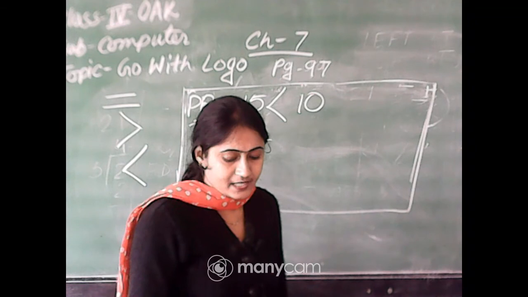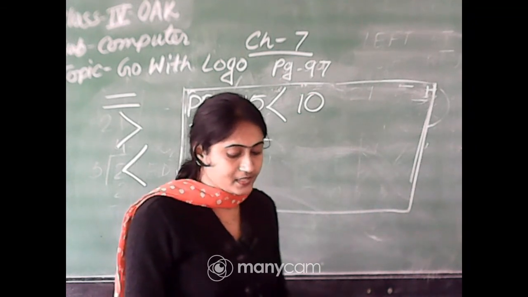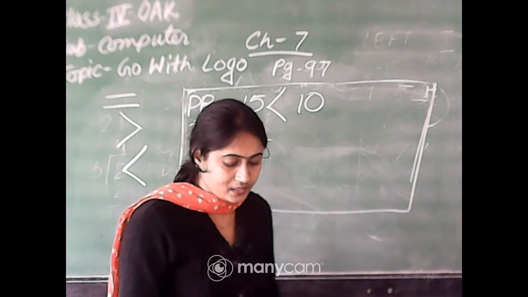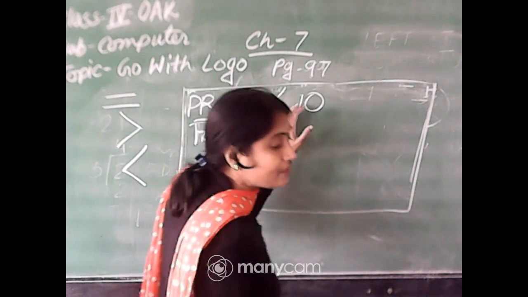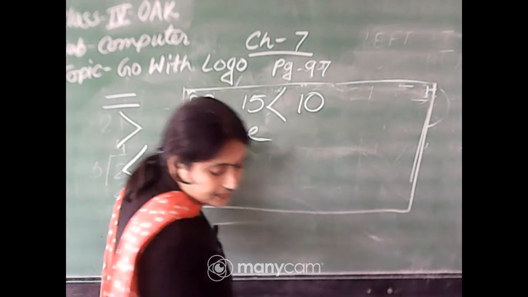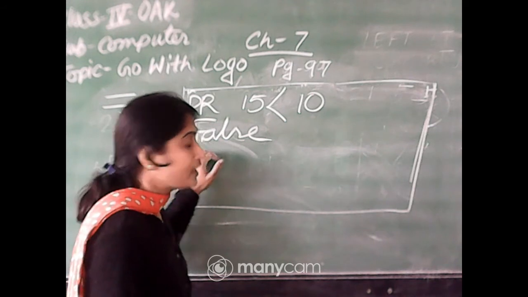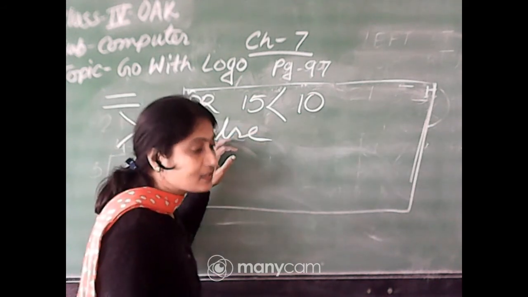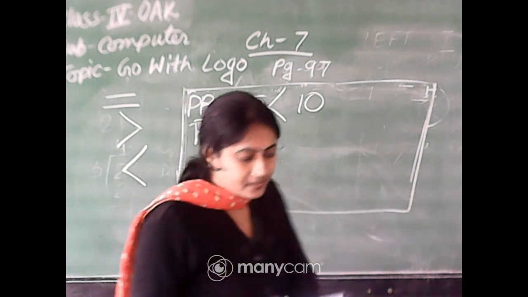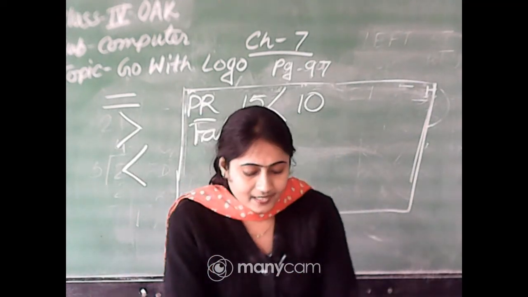So, the equal command compares two numbers and checks the equality of both the numbers. If one number is equal to the other, it will print true, otherwise false. If both the numbers are equal, then what will print? True. If both the numbers are not equal, then it will print false. Okay. Now the next page, greater than I already discussed, and less than also.